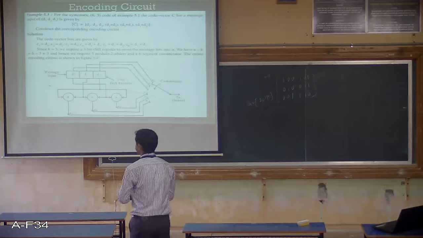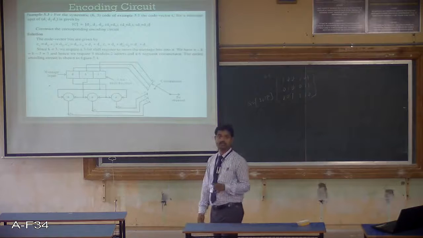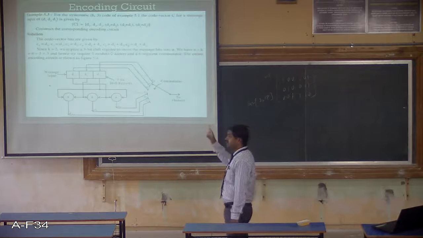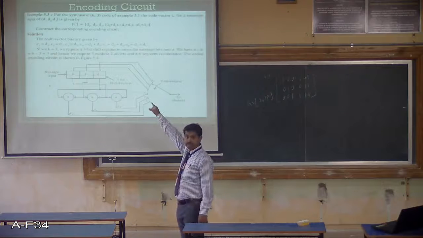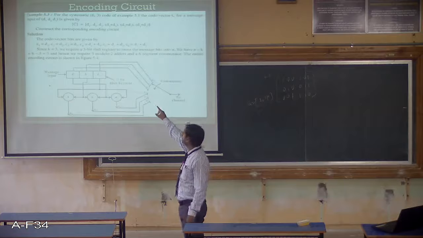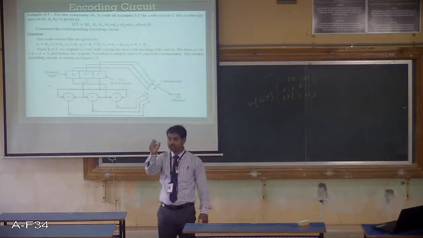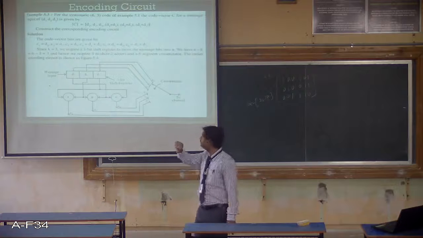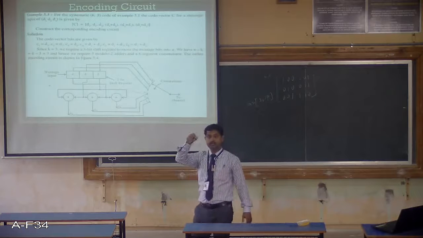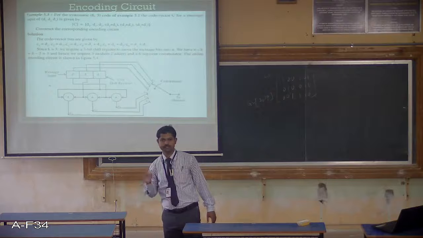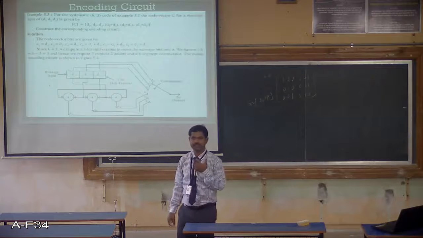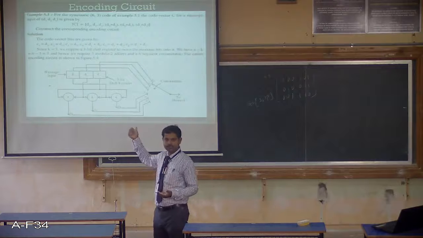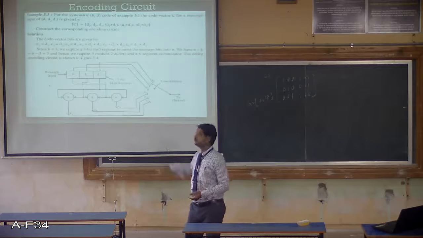The encoding circuit, I have just referred to the same problem, (6,3). So your C is, you know that equation, D1, D2, D3, the first 3 bits. Next D1 plus D3, that will give you the 4th bit. D2 plus D3 will give you the 5th bit. D1 plus D2 will give you the 6th bit of the code word. That is the standard equation. By referring to that, I can produce all my code words. This was reproduced previously. The same thing I have just referred to here.